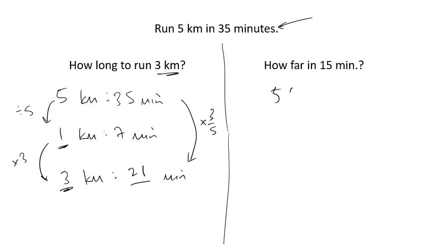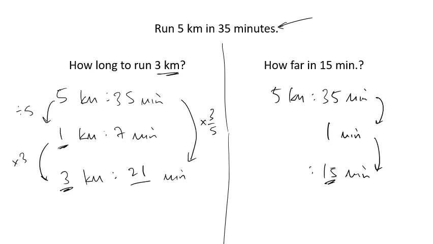So we have the same ratio. This hasn't changed. It's still 5 kilometers to 35 minutes, right? So now I'm looking for how far I can go in 15 minutes. And this is the reason why I wanted to look at these two problems side by side, because now I'm looking for an answer that's in 2 minutes. And so my unit rate now is not going to be to 1 kilometer, but it's going to be to